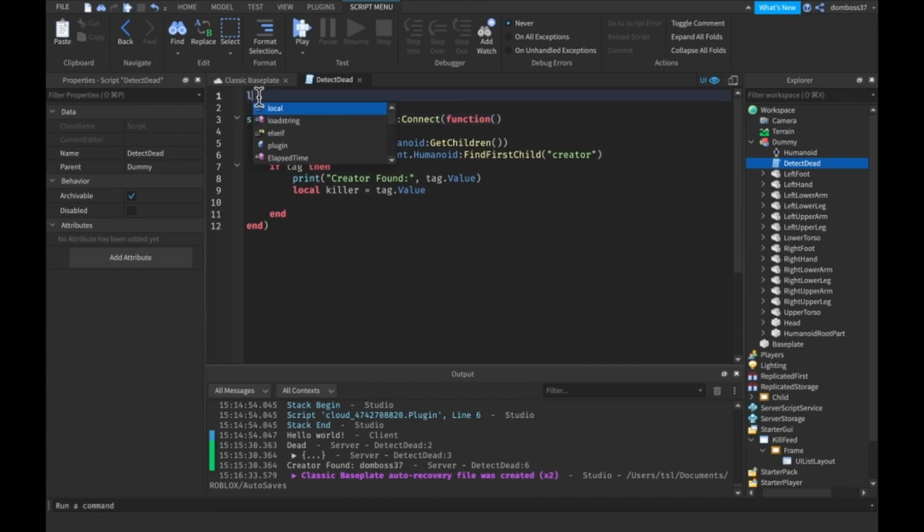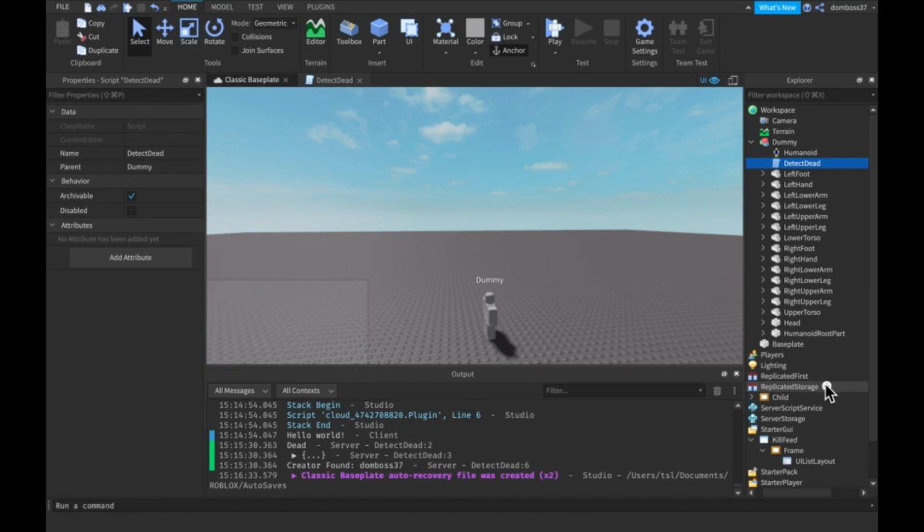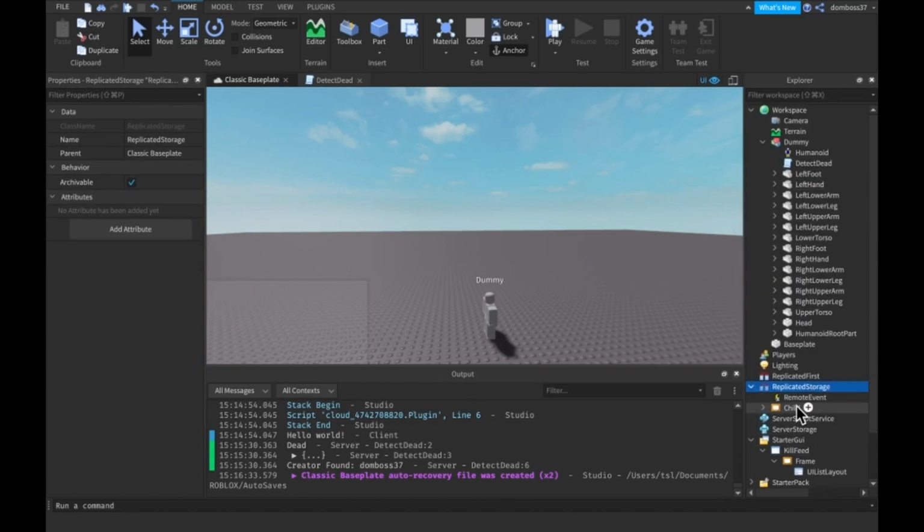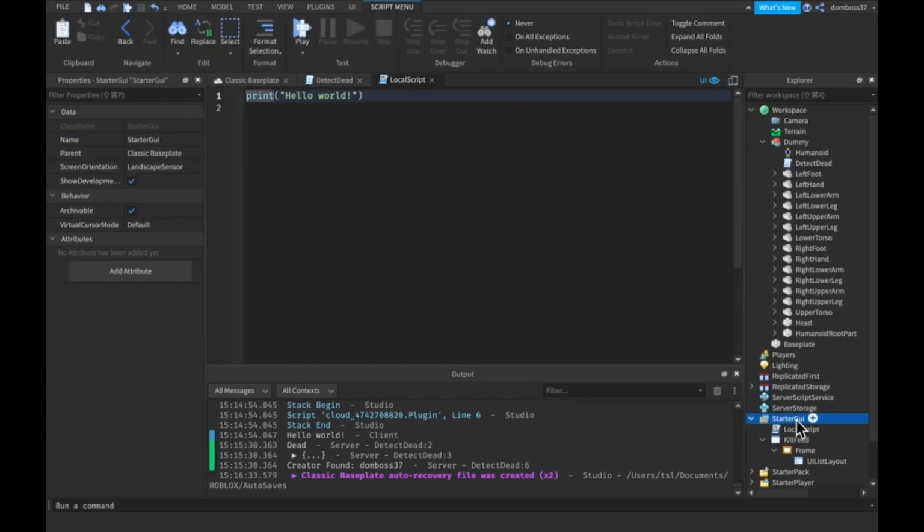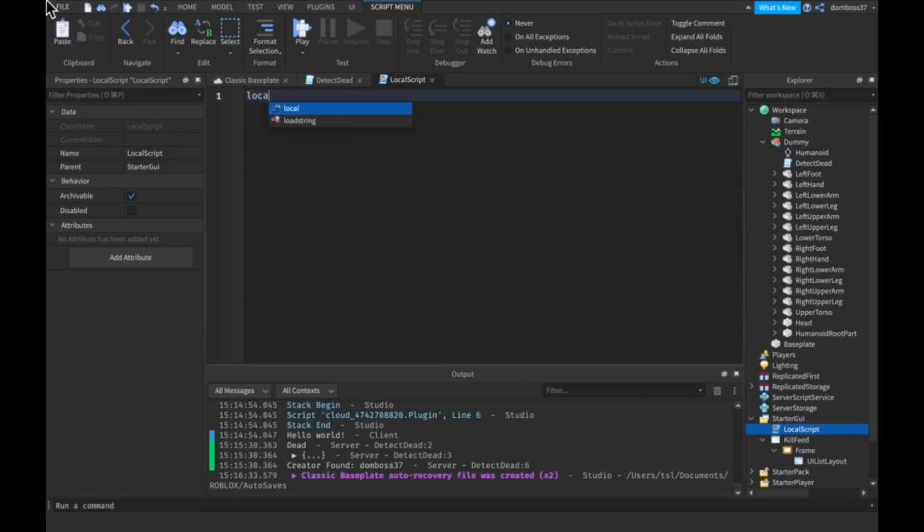We'll have a local rep storage. Or actually, we're going to need a remote event for this, so we'll need to add a remote event in replicated storage. We'll call this kill feed update. Let's call it update kill feed. And then inside of starter GUI, just insert a local script. And this will be local